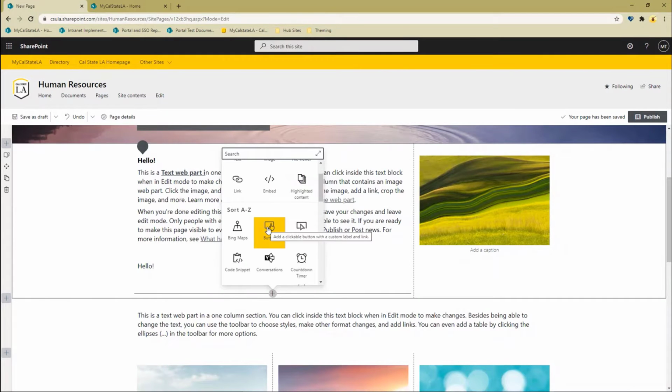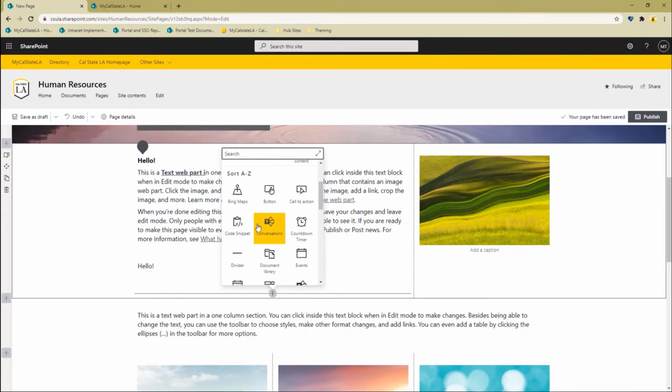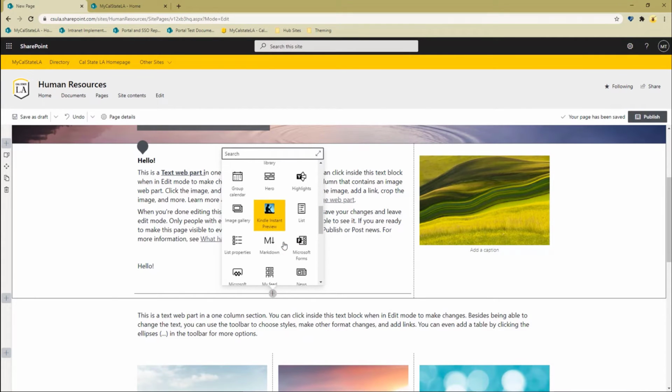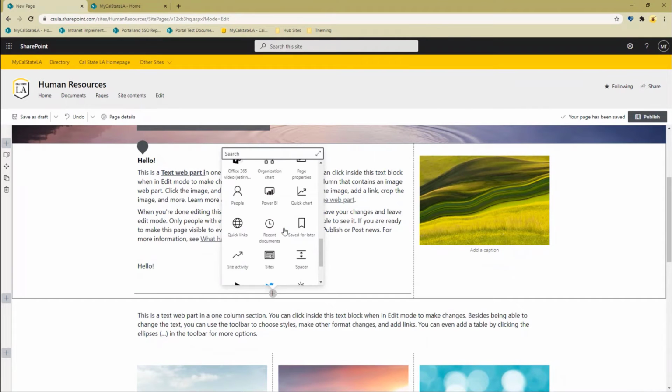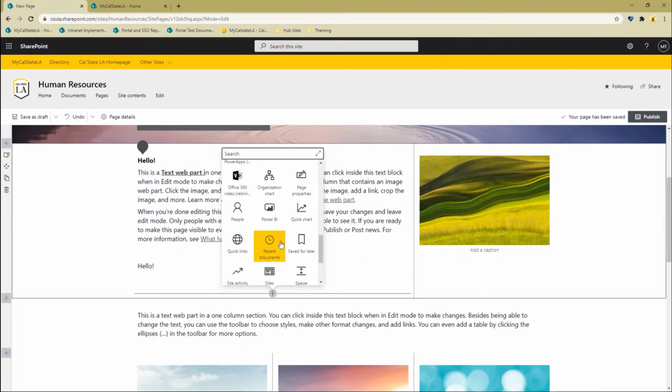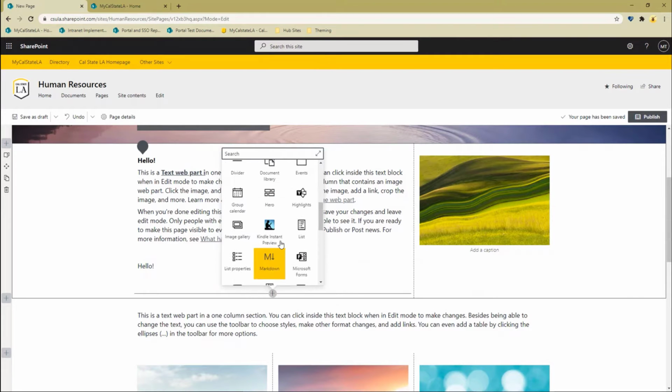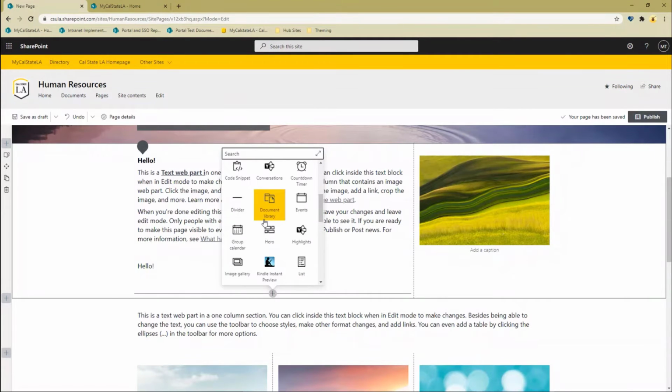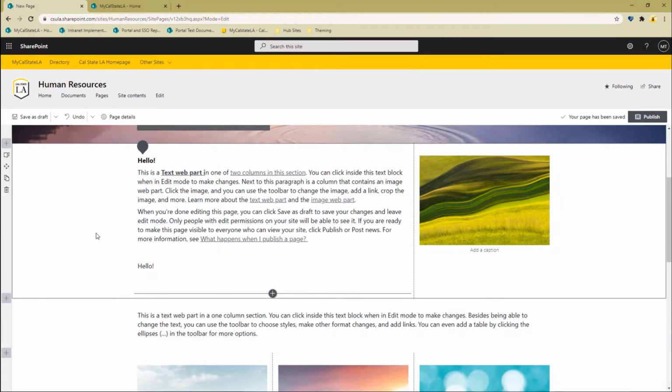You can add a button that's literally a button that points to another site, some maps, other fun things that you could put in here. Kindle Instant Preview, I've never played with that one. But there's a bunch of them here, and the Twitter stream that you can put in. So that article that we link to will give you details on every single one of these, how to use them, and the different things that can be done.